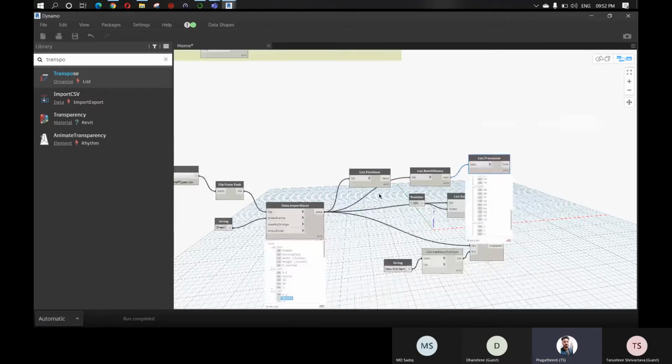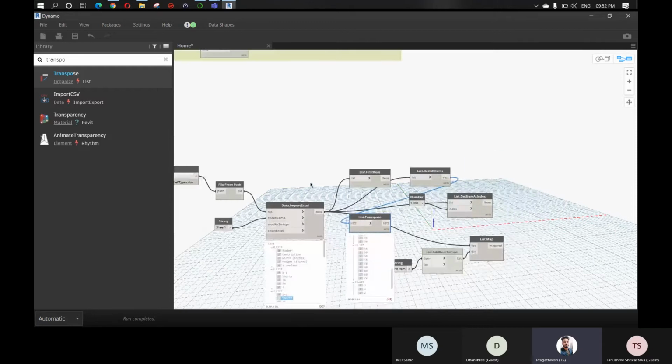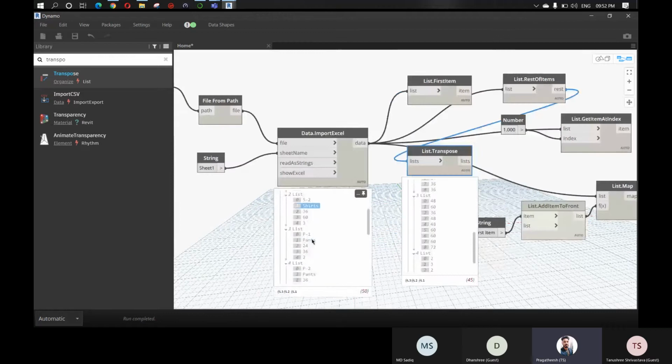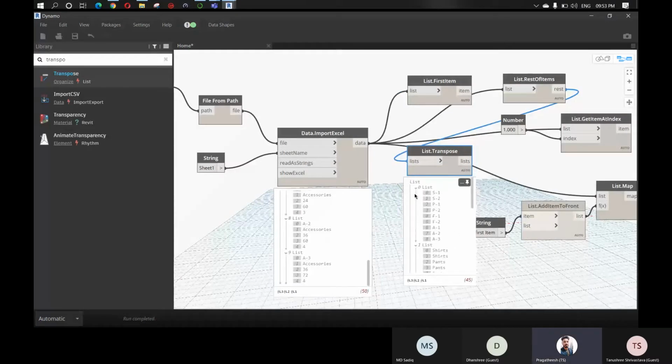So if you see this, we started with a list of 5 items with 9 sublists. But here we can see a list of 9 items with 5 sublists. Can you see this?